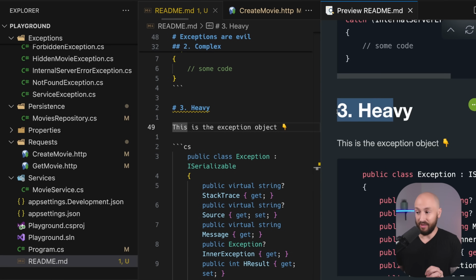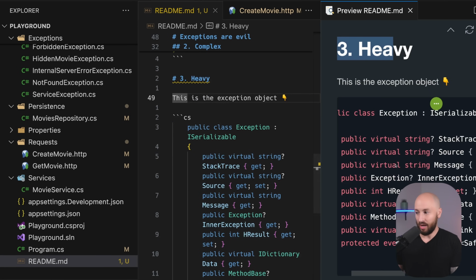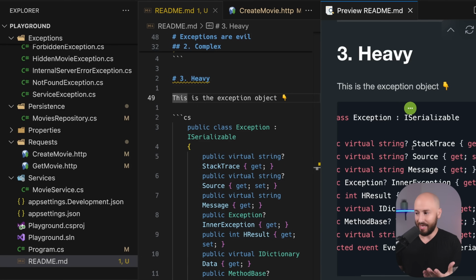Okay, next we have heavy. So here is what the exception looks like. Alongside the small or potentially small things like the message, we have here an int, and some other things that aren't necessarily very significant. We also have the stack trace, which is potentially very, very big. Also, each one of the exceptions may contain inside another exception, where that exception may also have a very large stack trace. You have to take that into account in your application when you're using exceptions for flow control, because